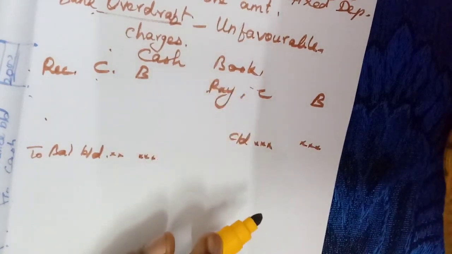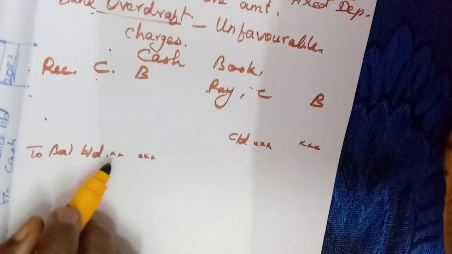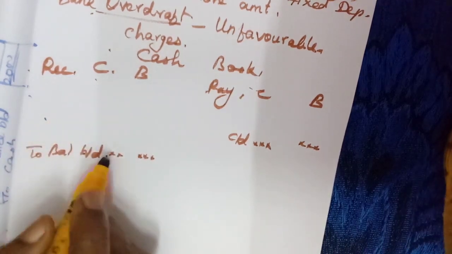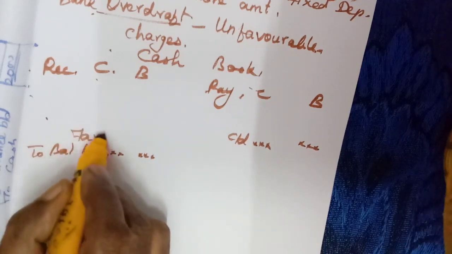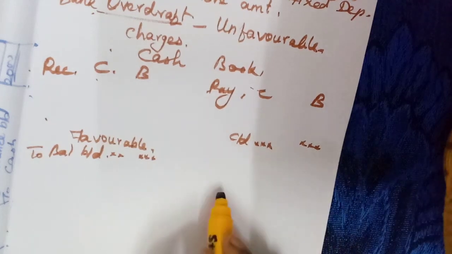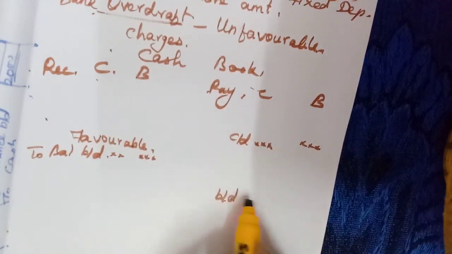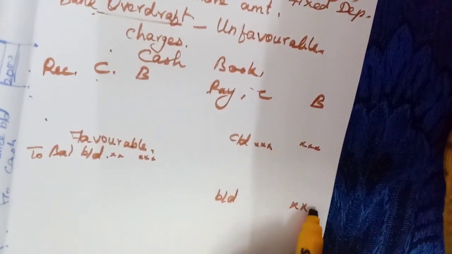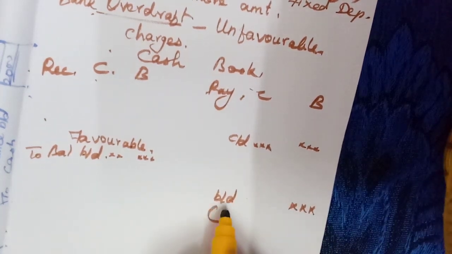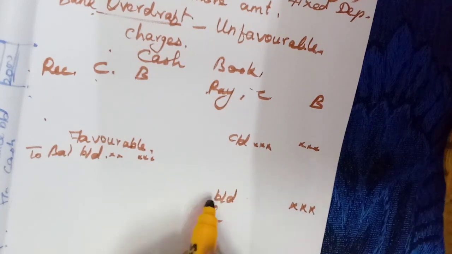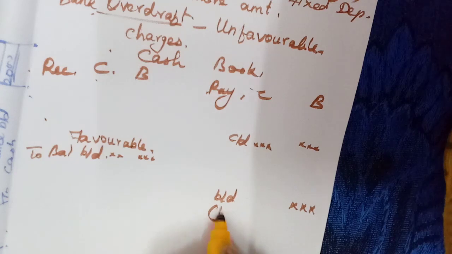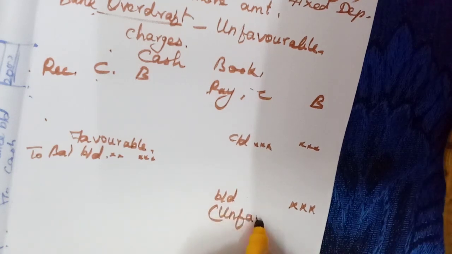So here we cannot have unfavorable balance in the cash book. If we have debit balance, then that is called favorable balance. If we have brought down on the credit side, cash we never have, sometimes we will have it on the bank column. If we have the credit balance for bank column, then that is called unfavorable balance,